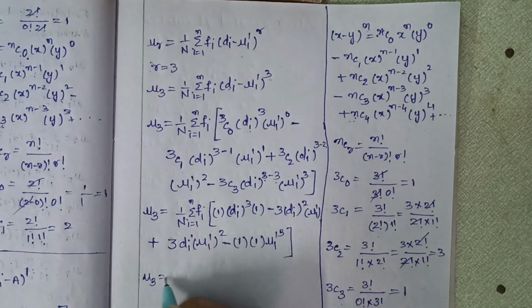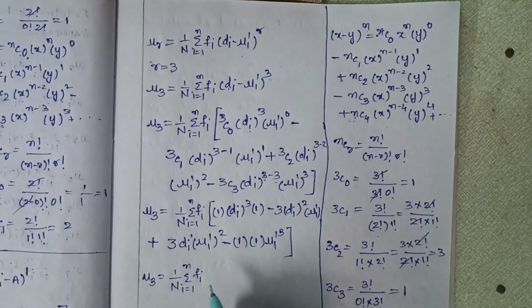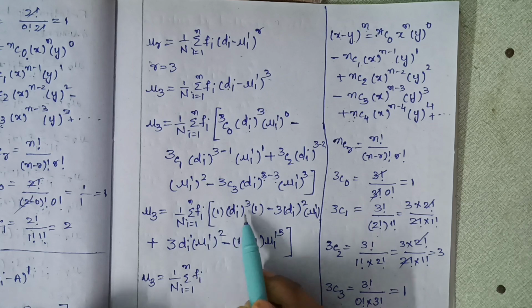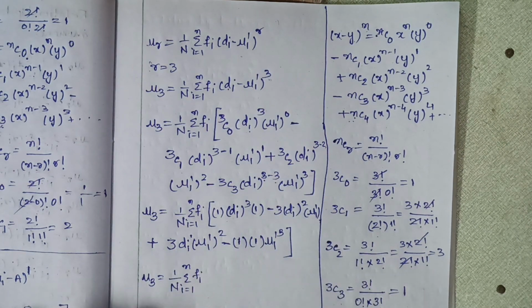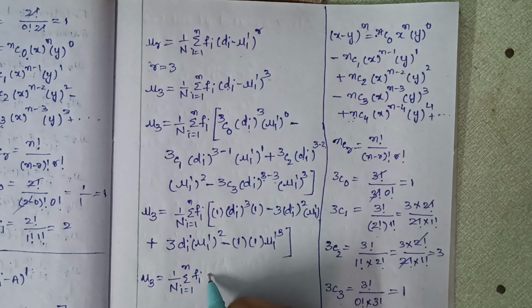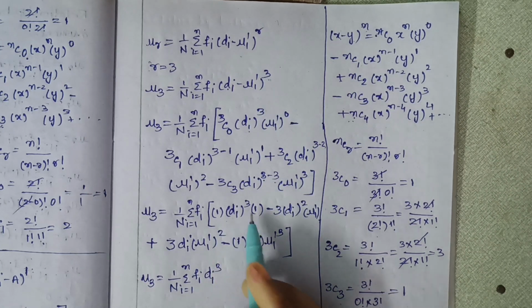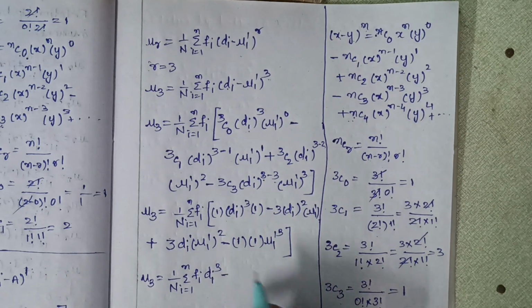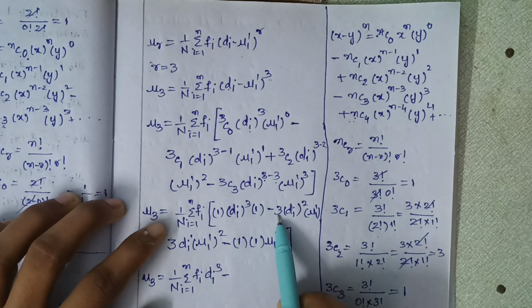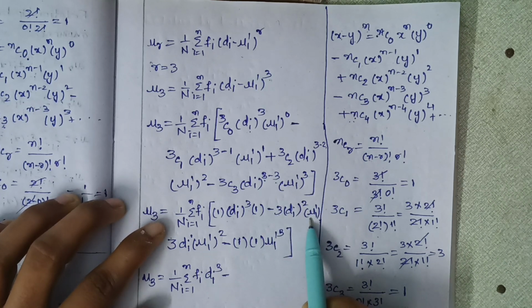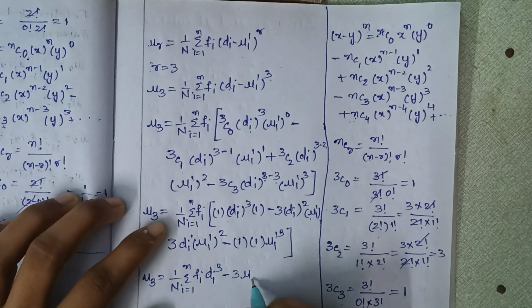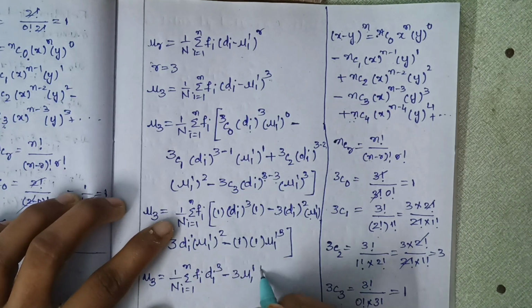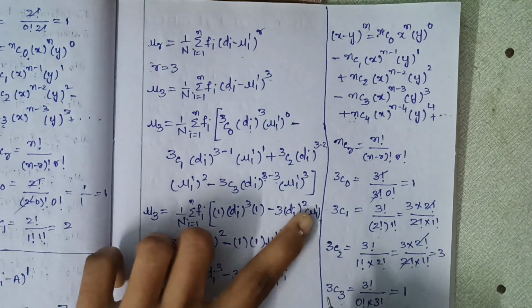Therefore mu3 is equal to 1 by n summation i equals 1 to n f_i, and multiply this whole with all these inside numbers. So f_i into d_i to the power of cube. 1 into 1 is 1. So 1 into d_i to the power of cube is d_i to the power of cube. Minus, here 3 is constant and mu1 dash is constant, so I am writing it outside. Therefore 3 mu1 dash and 1 by n summation i equals 1 to n f_i and d_i square